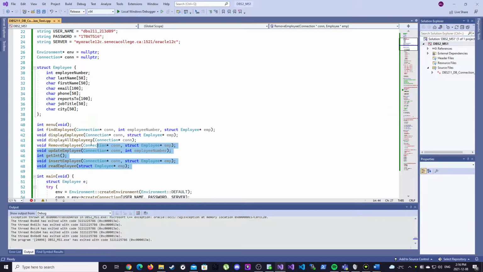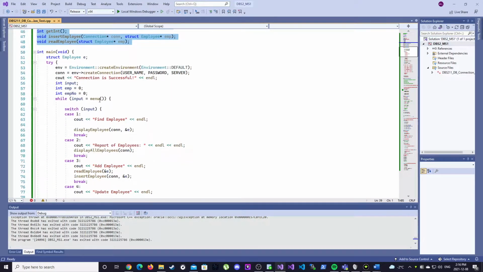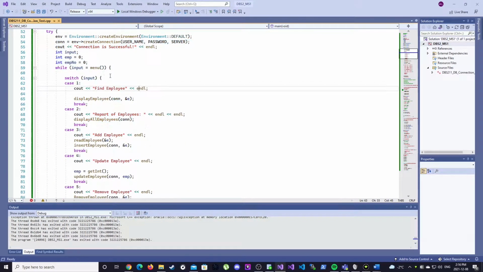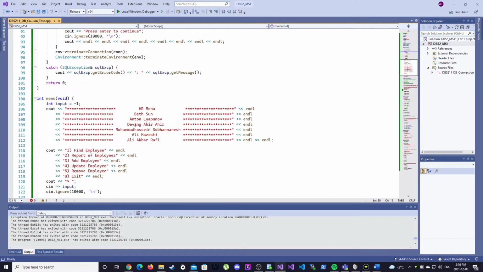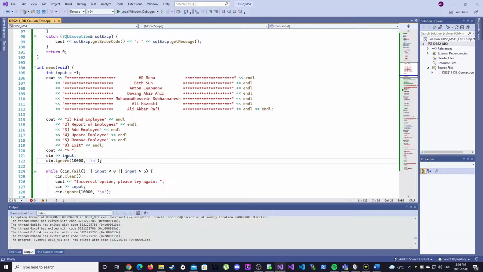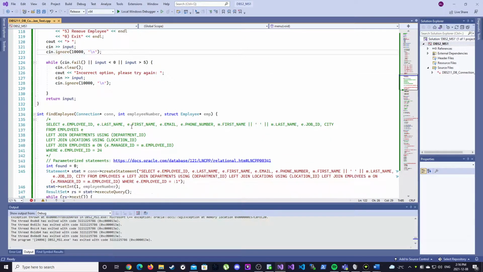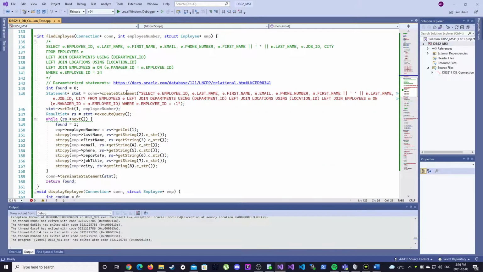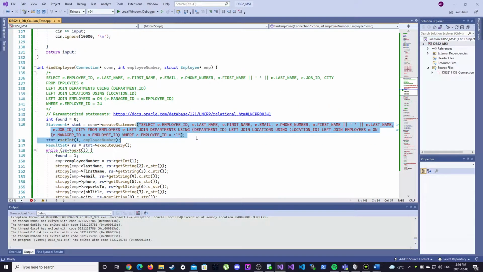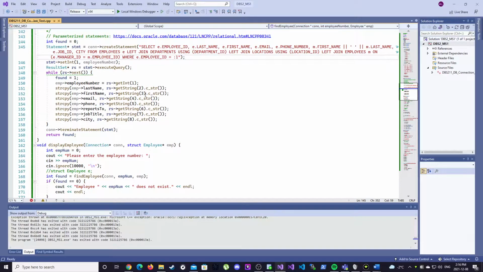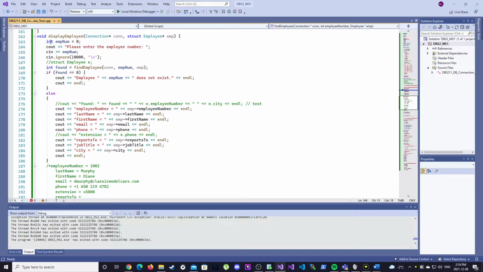This is the struct, the function prototypes, then basically the main, which is getting the result from the menu. In the menu, we're asking the user to input what he wants to do with these tables. So then find employee: we send the statement and substitute the one with the employee number, and the display